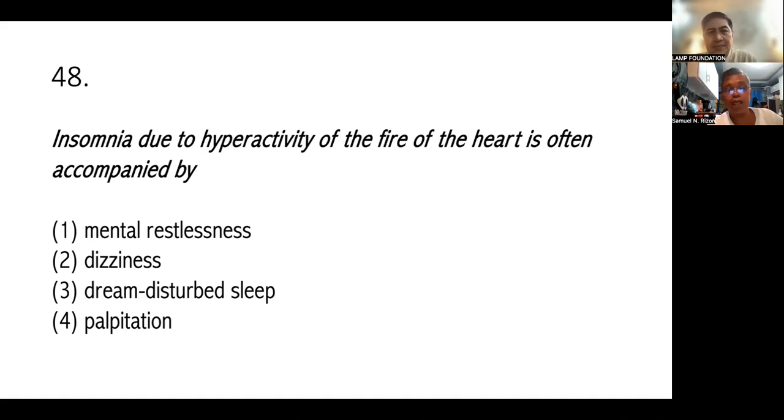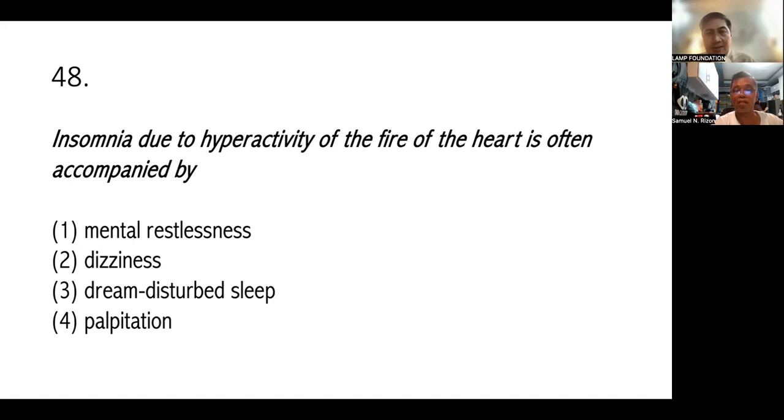Yes, actually, Doc, dizziness should be included. Because if you have hyperactivity or fire on the heart, dalawa po ang magiging sanhi niyan. At saka may heart fire, di ba? May palpitation, heart fire. Eh wala naman tayong choice na 1, 3, and 4. At saka syempre pag may ganyan ka, like dizziness yan eh. So the correct answer should be